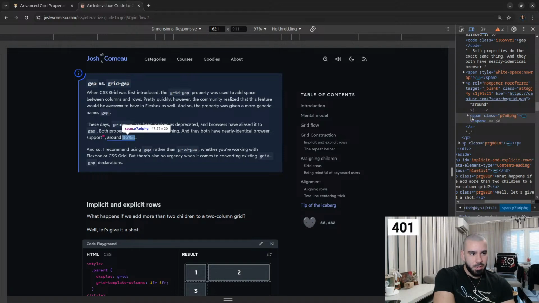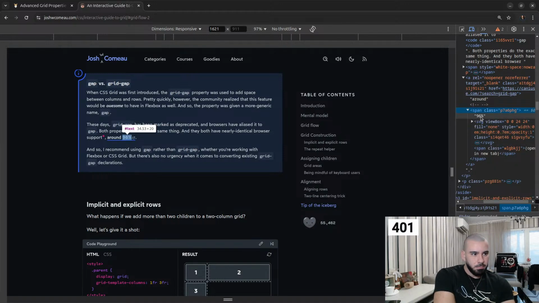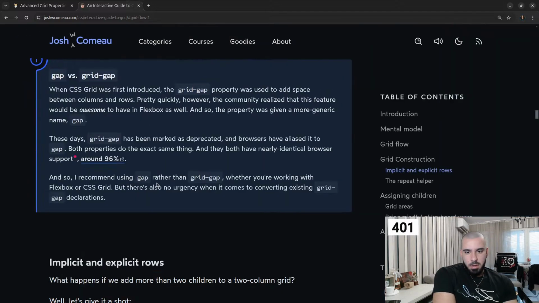I think so, because wait, yeah, I'm not sure. We definitely have a span for that, but I don't know if they're doing any of that with JavaScript, for example. So anyways,